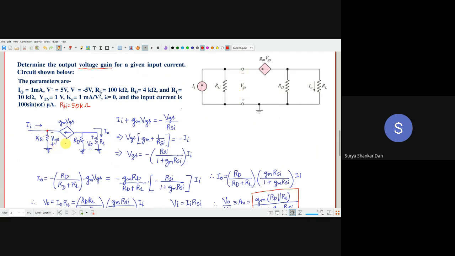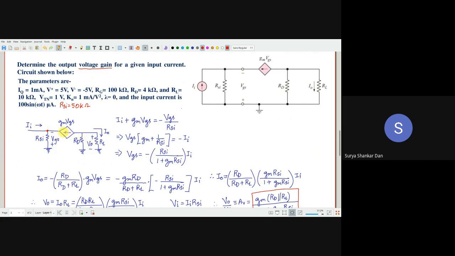All right, very good. So from there, I'll do some linear algebra, and essentially we will be connecting VGS and II through this equation. Once we have obtained the value of VGS, now we can find out the current in terms of VGS, whatever is flowing through the load. So IO will be equal to, notice, previously we did the potential divider rule. This is the current divider rule. So it will be RD divided by RD plus RL into GM, this current.